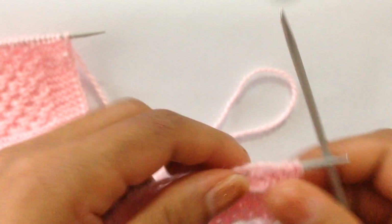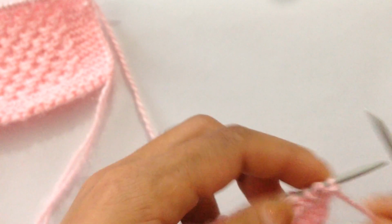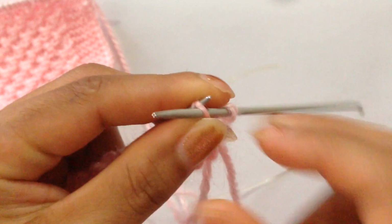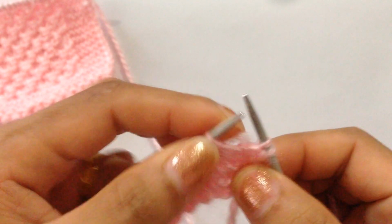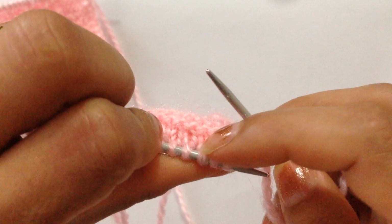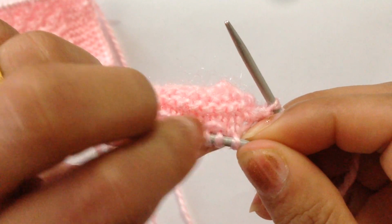And for row 2 now we're going to purl 2, 1, 2, and now we have these 2 stitches attaching together. See, these 2 stitches are attaching together,